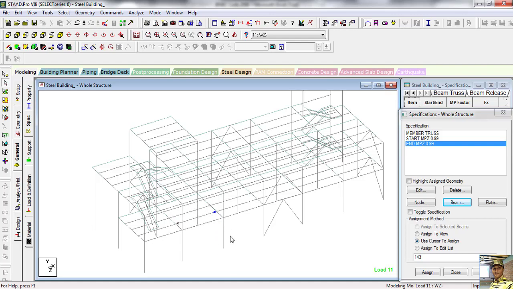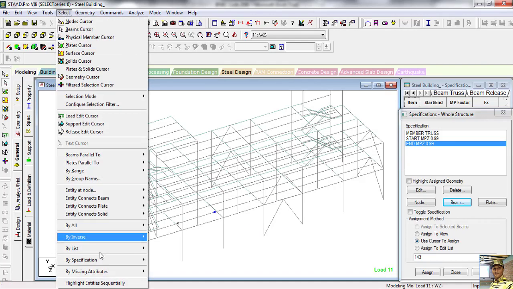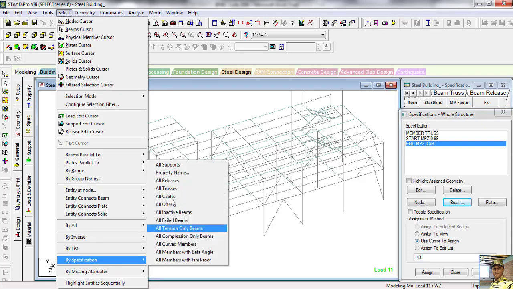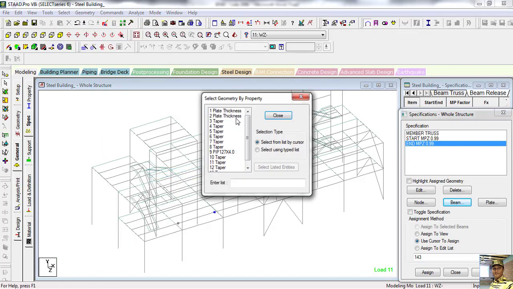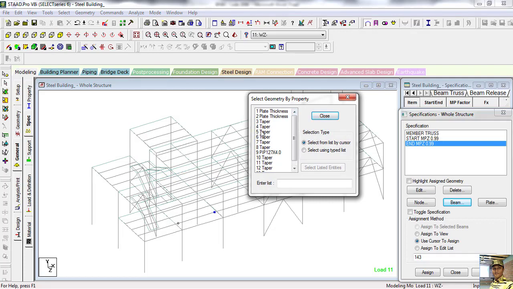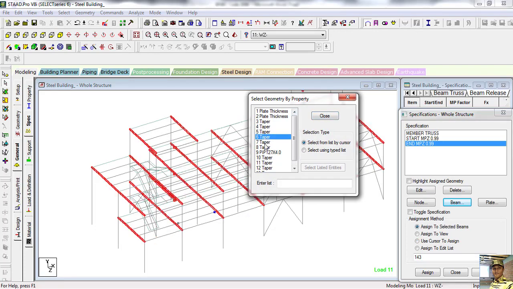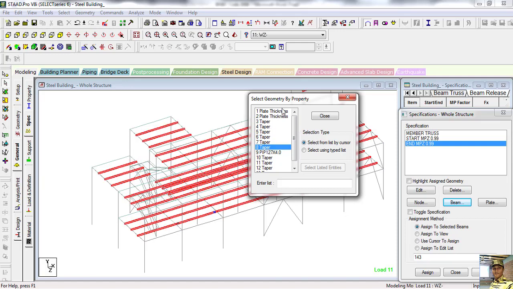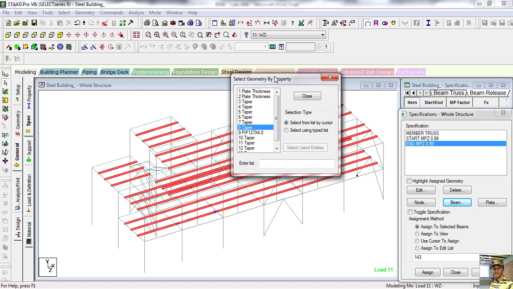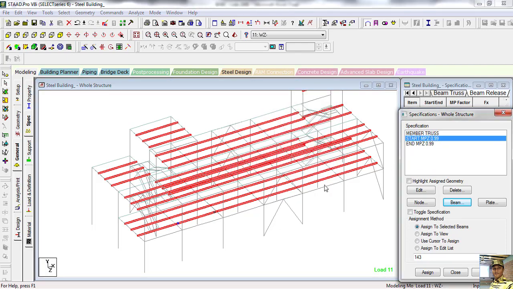So what we'll do, go to geometry, select by specification property name. Now our subbeam properties are 5, 6, 7, 8. Now see 8 is our subbeam. So close this one and start MPZ and deselect this one. Assign to selected beam, assign, yes.